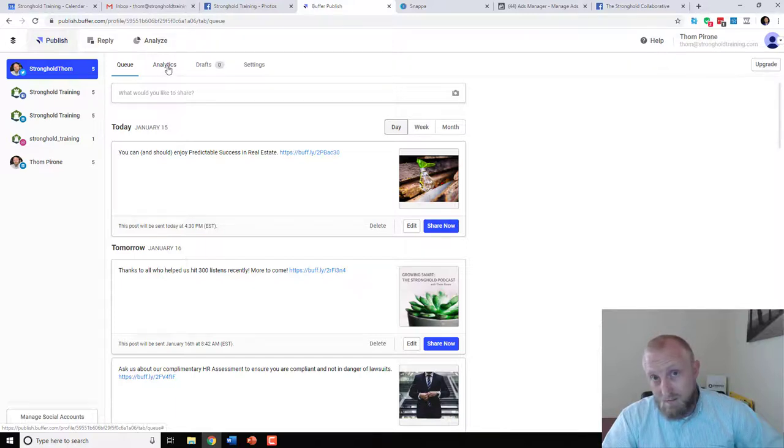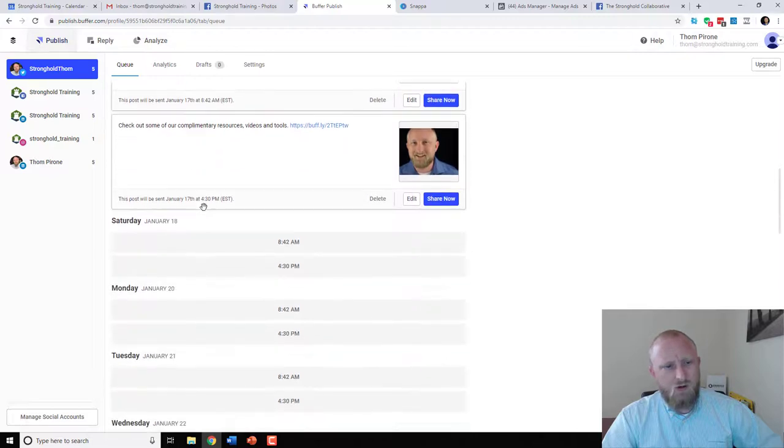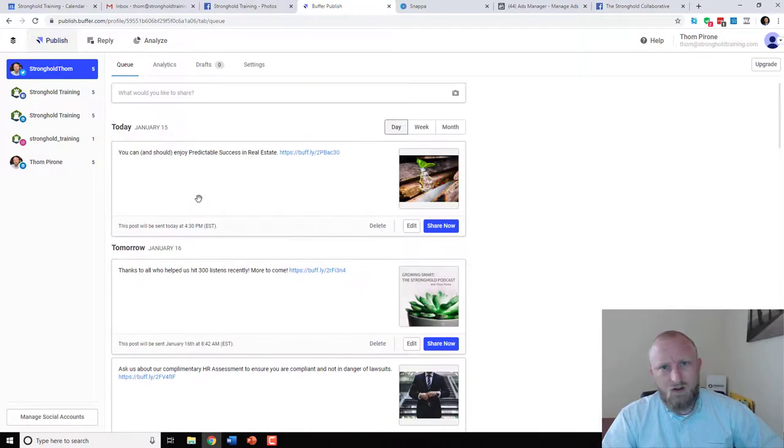They have higher level plans if you want to get a bunch of analytics out of them. Don't spend the money. You don't need the analytics. You can figure that out through Facebook or the platforms, what type of engagement you have. But here I've just loaded up. So I've got 5 posts on Twitter, 5 posts on LinkedIn, 5 posts on Facebook, 1 on Instagram, all loaded up from earlier today. I spent about 20 minutes loading up my queue, and that's 1 to 2 posts a day for the next couple days. That was really easy for me to do, kind of load it up and forget it. And so I do that in Buffer.